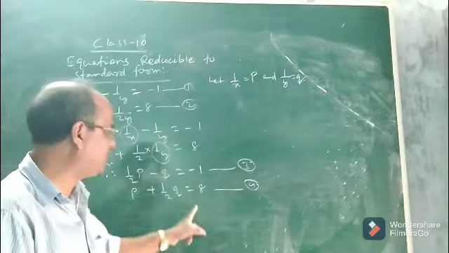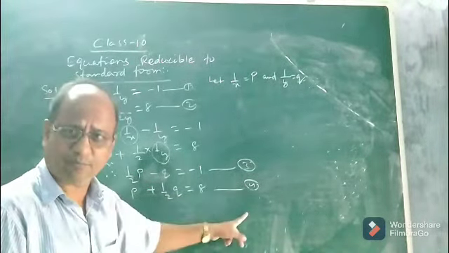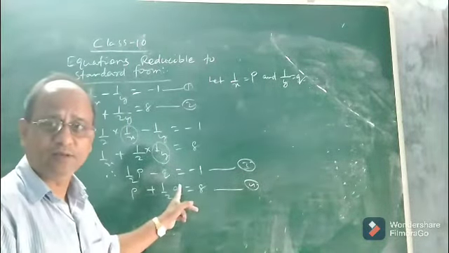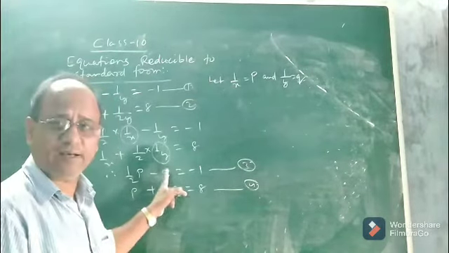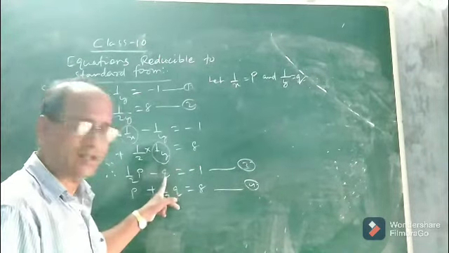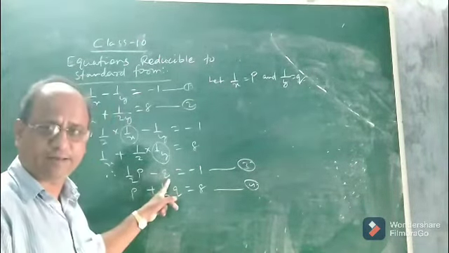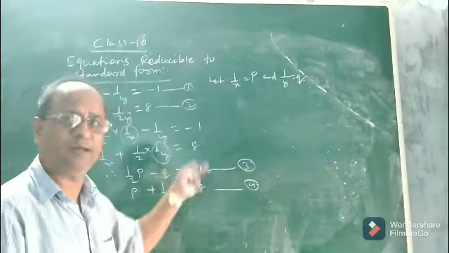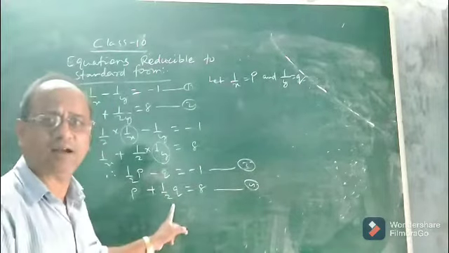And clearly these two equations, that is 3 and 4, are two linear equations and they are in the standard form. They are two linear equations in two variables. What are the variables here? P and Q, not x and y. So these two are linear equations in two variables P and Q, and clearly they are in the standard form.